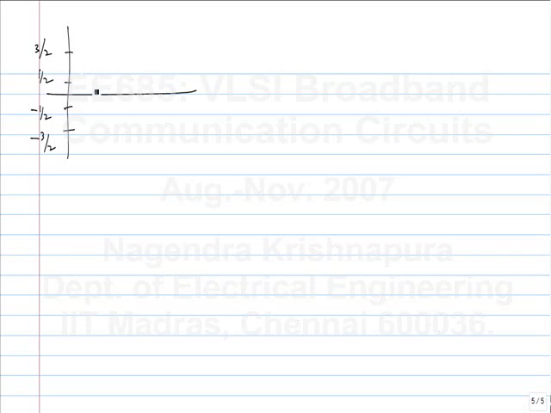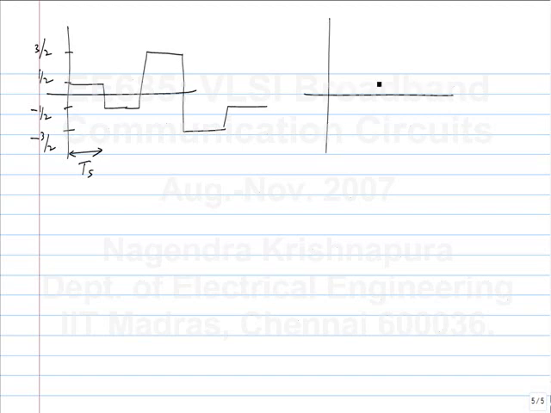But the signal can be something like this. There can be transitions from everything to everything else, and so on. This is the symbol interval Ts. In each Ts, it can be one of these 4 values. What will the eye diagram look like if it's an ideal rectangular? So it will simply have these 3 boxes, right? This is what it will look like, because all the transitions will be at Ts. So if I draw it for 2 intervals, it will look something like this.